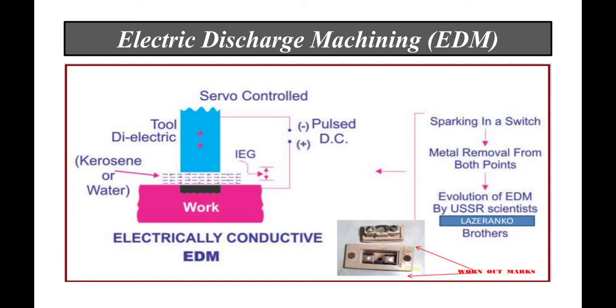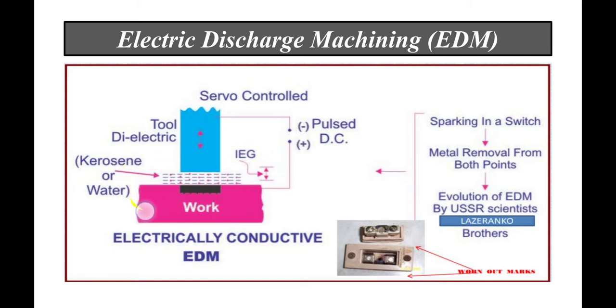You have a tool over there, and you have the workpiece in between. In between this tool and workpiece you flow what is known as dielectric fluid, and you connect this tool and workpiece to the pulsed DC power supply. When the potential gradient between the two electrodes is more than the breakdown voltage of the dielectric, then a plasma column is formed